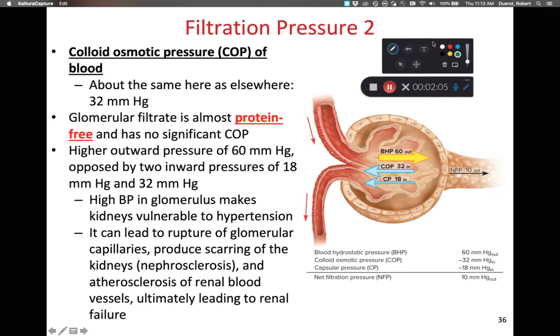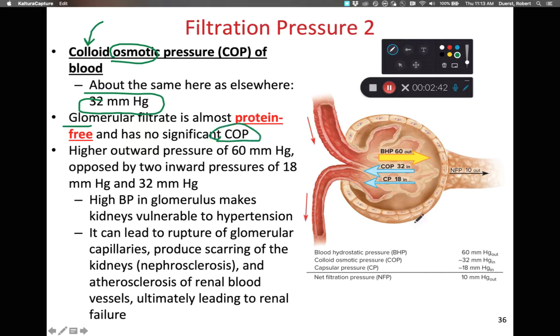We're also going to have osmotic pressure. Osmotic pressures typically pull. So to review, with hydrostatic pressures push, osmotic pressures pull. And we have osmotic pressure in the bloodstream. The colloid osmotic pressure of the bloodstream is all dependent upon blood protein concentrations. So the COP, colloid osmotic pressure, is based primarily on the amount of albumin in the bloodstream, and that's about 32 millimeters of mercury. The glomerular filtrate has almost no protein, so it effectively doesn't have any colloid osmotic pressure